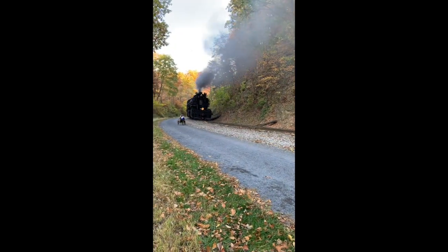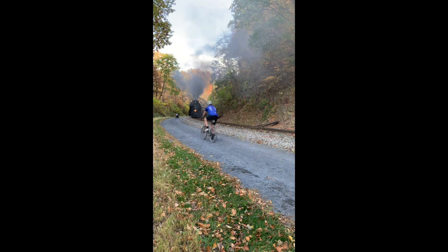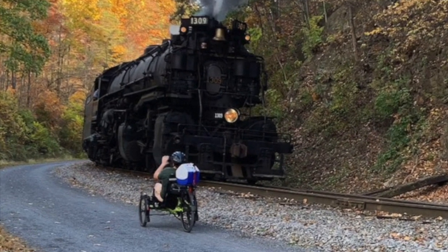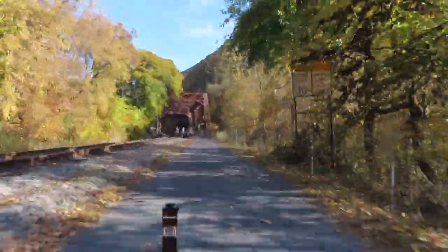Logan saw this other biker and another biker and thought he was blocking their shot, but he was not. But it was really nice of him to ask. Very conscientious guy. Hey, that's my trike. What? Get back here. Well, with the train gone, we continue getting close to the last trestle as we enter